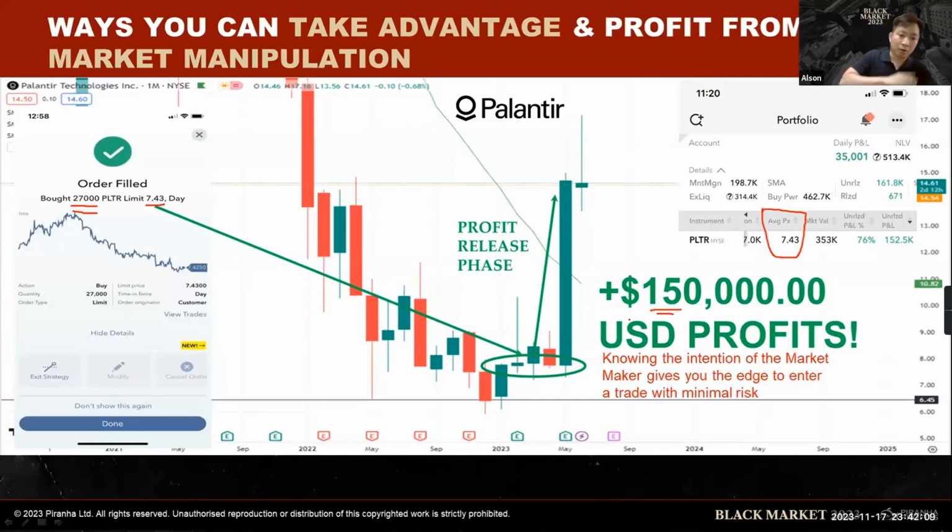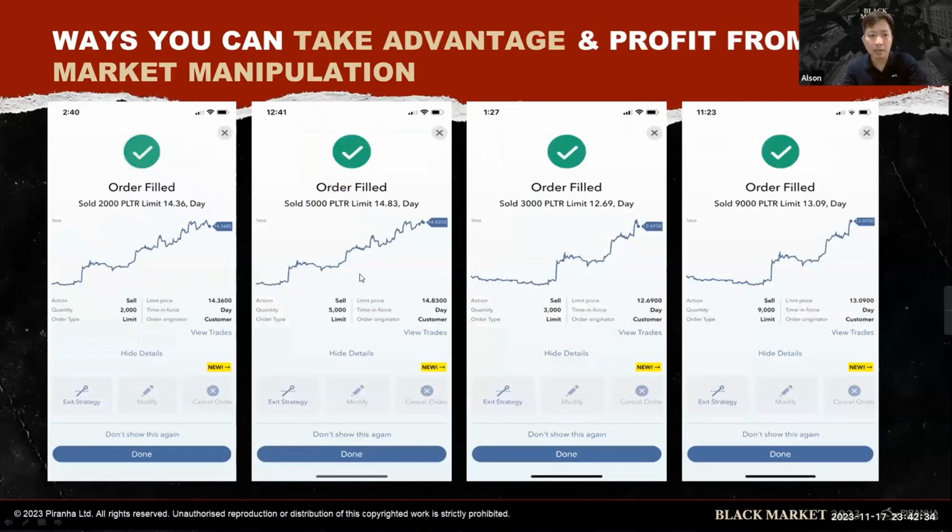Palantir still has a lot more room to run, especially now, as I mentioned in the panel discussion, there's the narrative of a potential addition into the S&P 500. That's the catalyst. By next quarter, my judgment is that it will be added into the S&P 500 eventually. So I cashed out along the way, slowly sizing out my position, three-quarters, realizing about $150,000. I'm still holding the remaining quarter, which is doing very, very well right now because the stock price has surpassed the $20 mark.